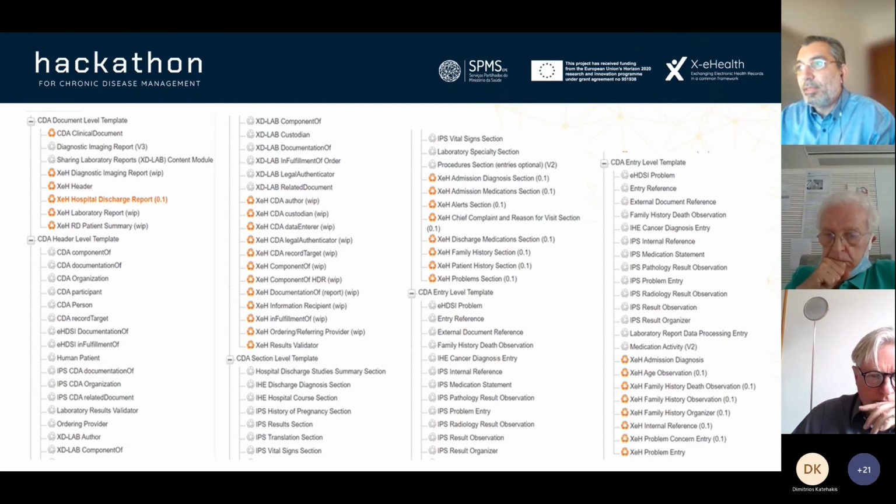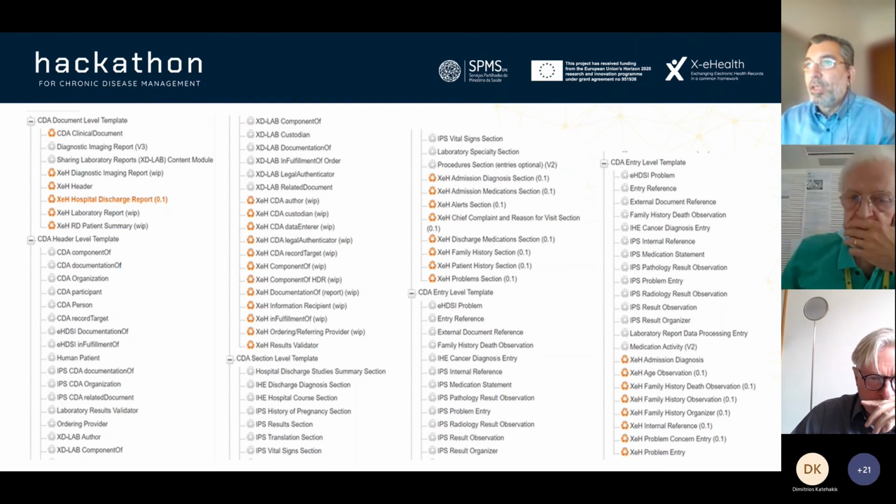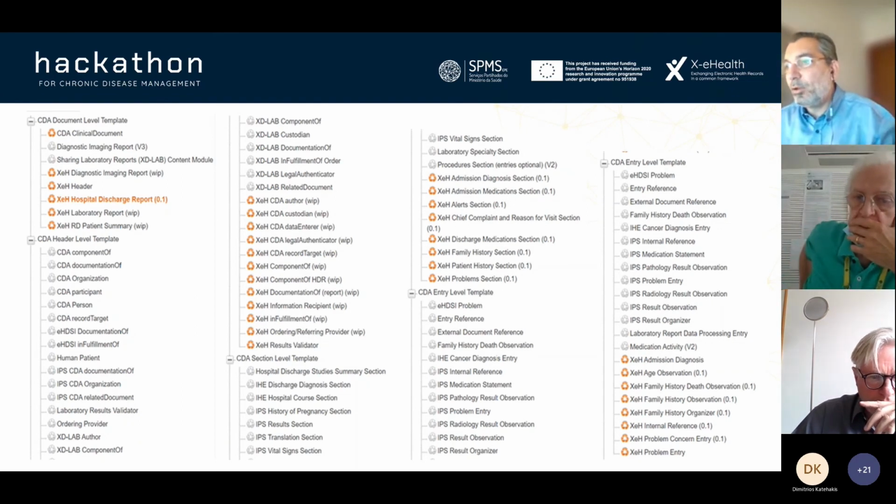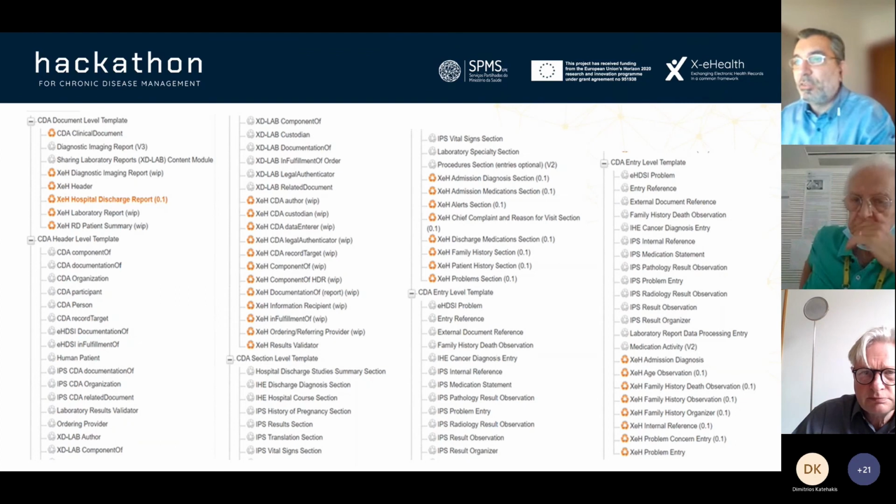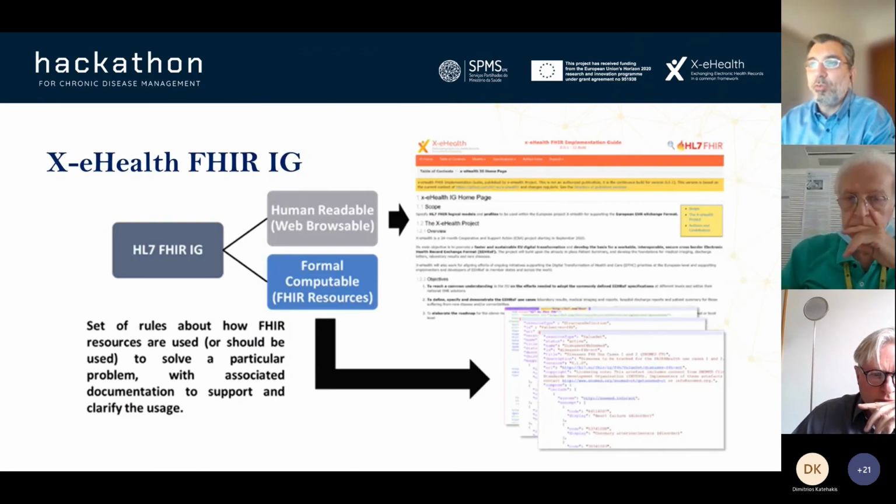We have the medical information, mainly regarding the diagnosis, medication, etc. Each section level template, of course, has entries from additional entry level templates that support this section level template, like the actual admission, diagnosis, observation, of course, for the reporting, and some additional entry level templates, like family history observation. So since Sophia made an extensive presentation of ART-DECOR, I will skip and go to the FHIR